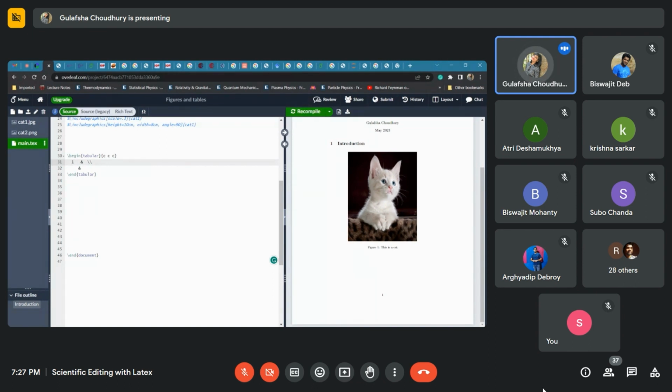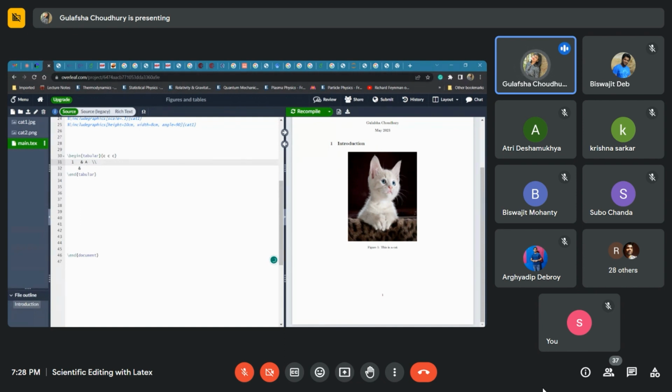Okay, then this is it. This is the first cell. Then after that we use the ampersand. The ampersand here is the column separator, or the cell separator. If you use the ampersand, LaTeX will understand that whatever you write after it will move to the next cell. So let us give the capital letter A, and since we have three columns,